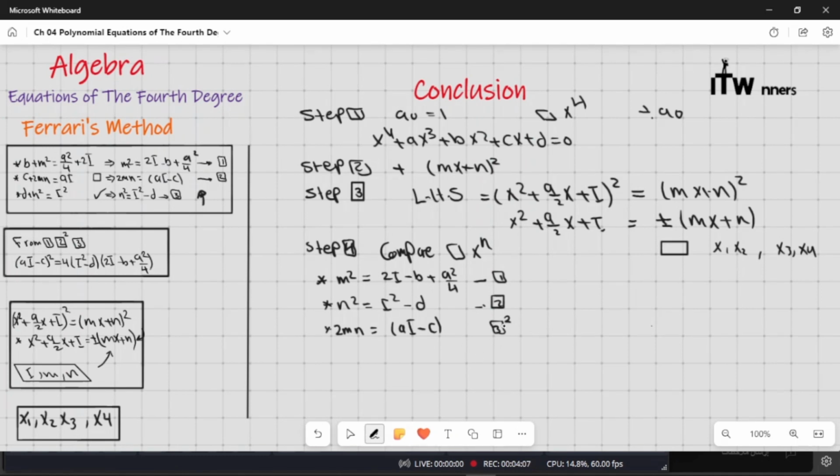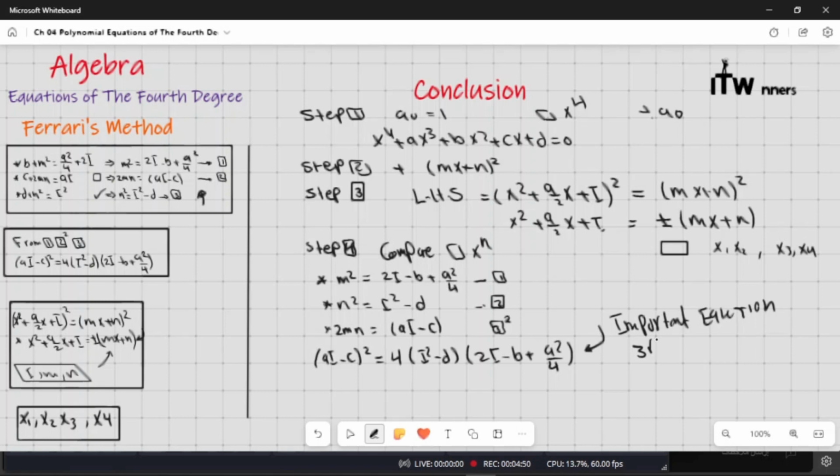Okay, so by squaring the third equation and substituting with n square and m square, we just obtain this equation: ai minus c squared will be equal to 4 into I squared minus d into 2i minus b plus a squared by 4, and we said just this is the important equation, third degree in I,